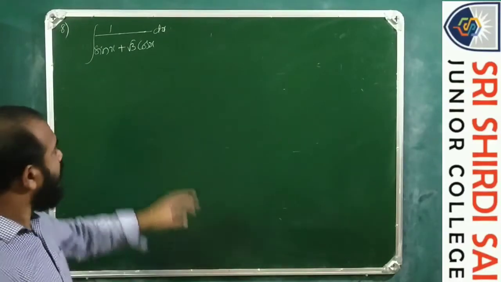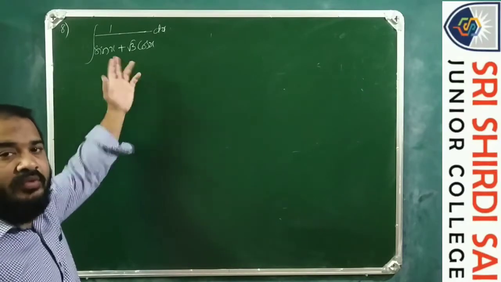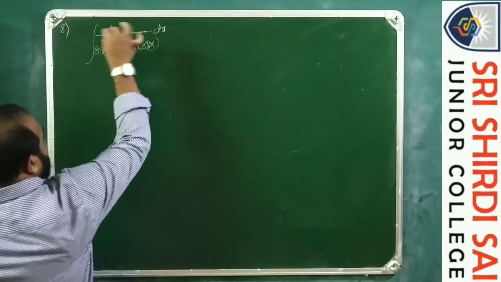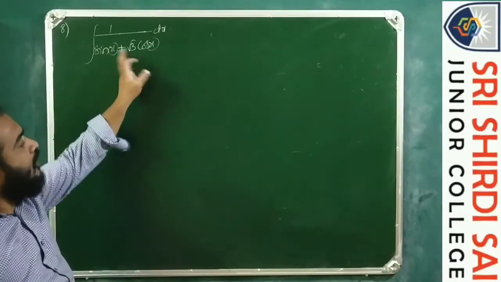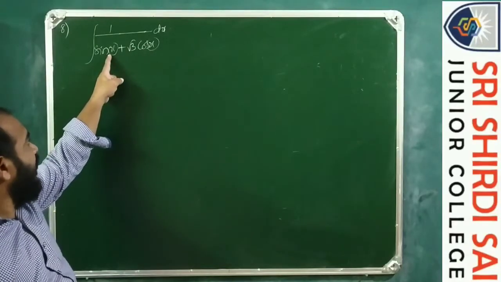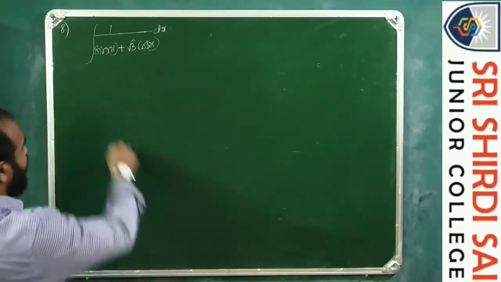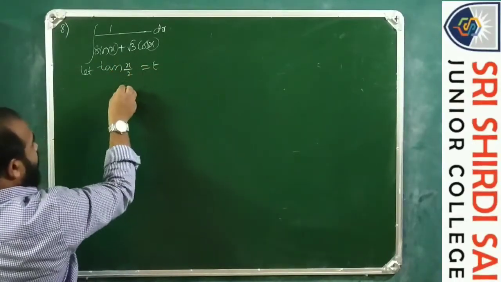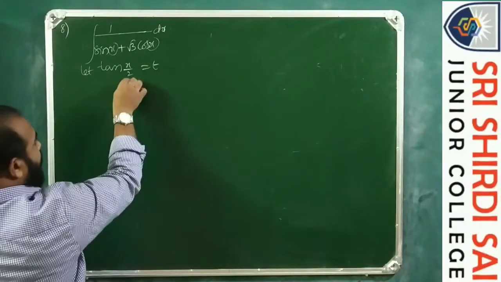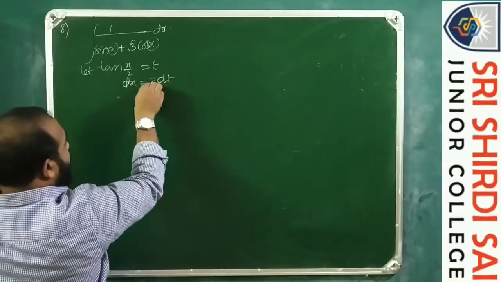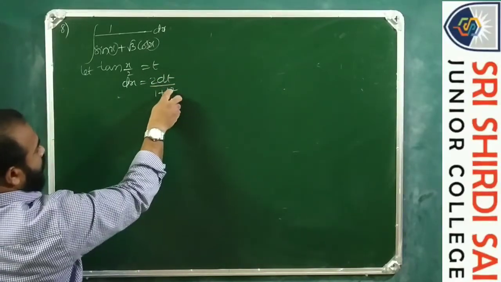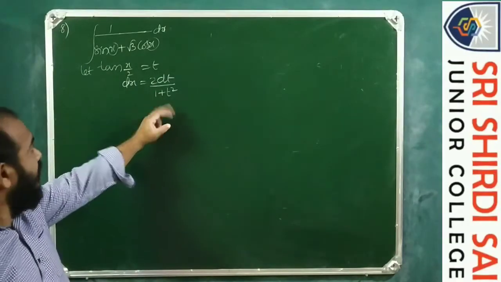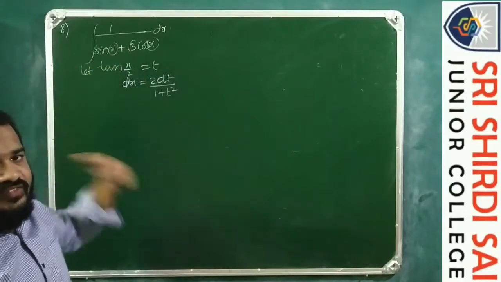So the procedure is same as what we have discussed before in the 7th question. Here x is given and the denominator contains the trigonometric functions. Here x is given, so tan x by 2 is equals to t. Let tan x by 2 is equals to t, then subsequently we will be getting dx is equals to 2 dt by 1 plus t square. If you do not understand how we get it directly, then please refer the previous question, which is 7th.